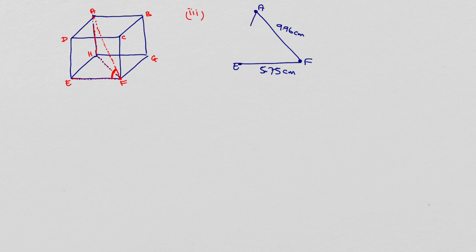So really we need to know what is AE in order for us to work out this angle here at F. So again, AE is the diagonal of the side of the Rubik's Cube. But we know that that's 5.75 for A to D. We know that H to E is 5.75, and so is A to H. So therefore A to E